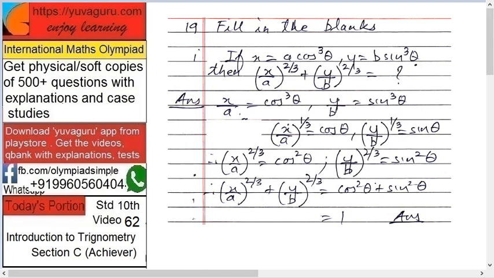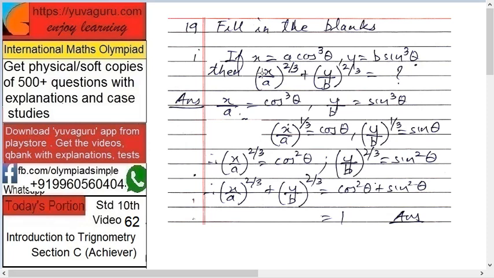Fill in the blanks. There are 4-5 sub questions to this. We'll solve them. If x equals a cos cube theta and y equals b sin cube theta, then (x upon a) raised to 2 by 3 plus (y upon b) raised to 2 by 3 equals to,